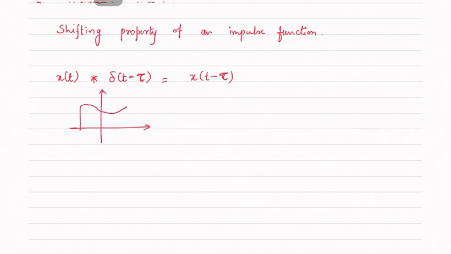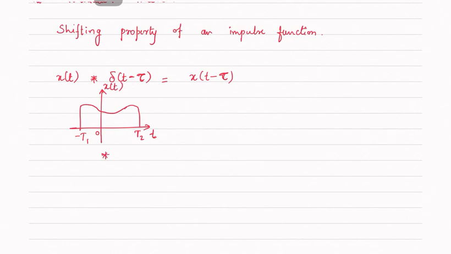The shifting property tells you that if I have a signal x of t and I convolve it with an impulse that's somewhere else, not at the origin, the origin of the signal x of t gets shifted to the point tau. For example, if my x of t was this, from minus t1 to 0 to some t2,